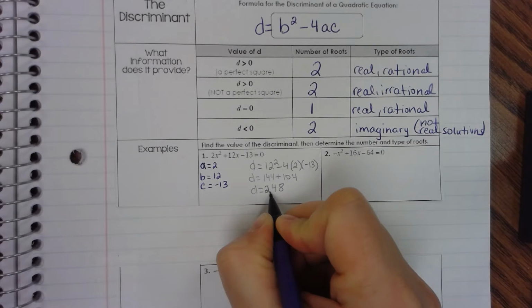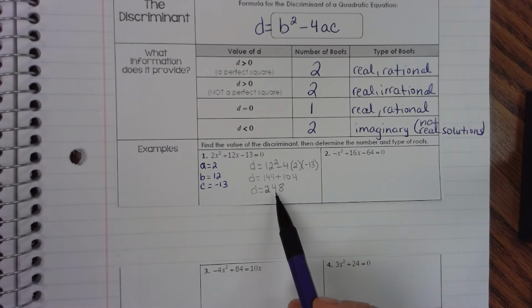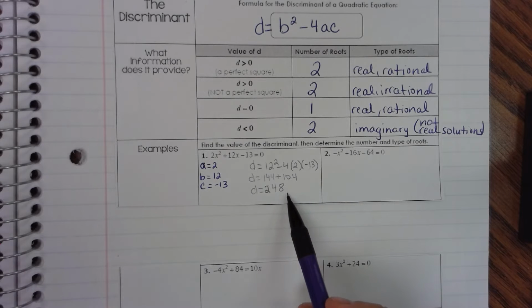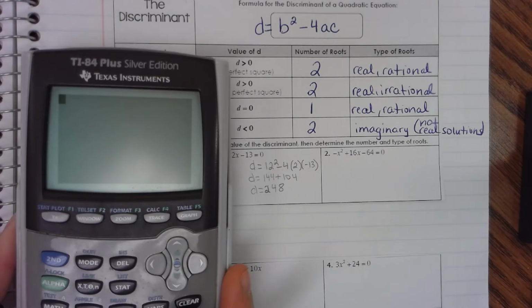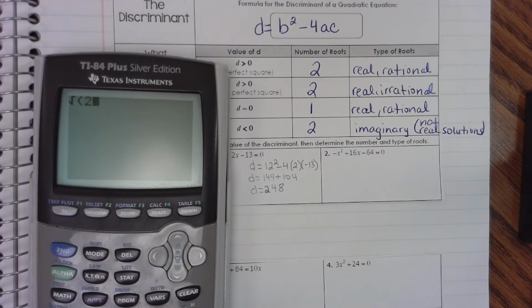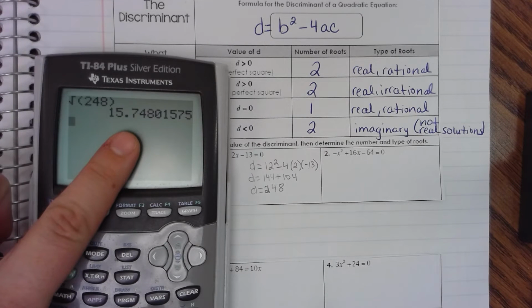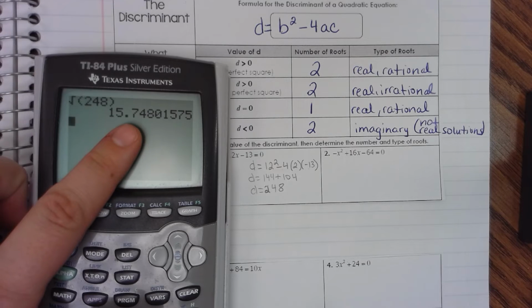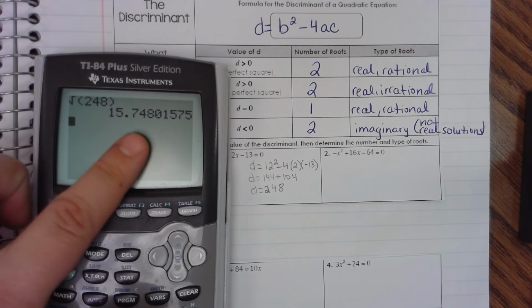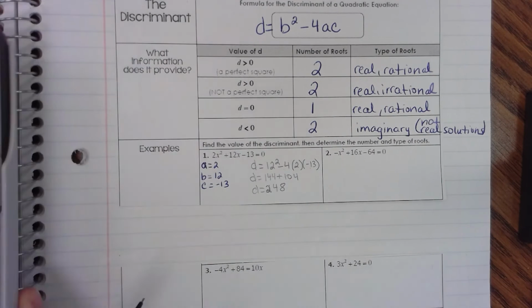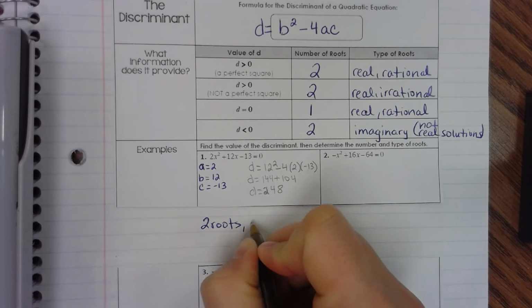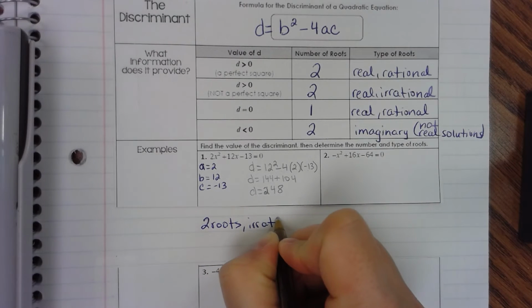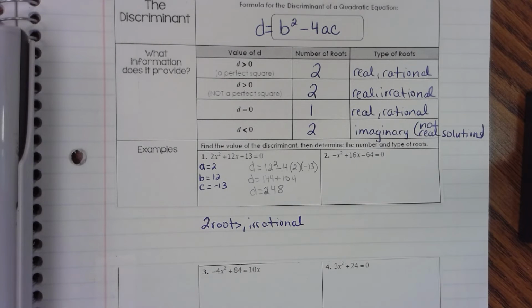248. And so as we can see, 248, if I wanted to double check to see if it is a perfect square, which it's not, but I can always use my calculator to take the square root of 248, and you can see that it's an irrational number. It doesn't end, its decimal value. So this tells me that I have two roots and that they are irrational, meaning I will have decimal answers